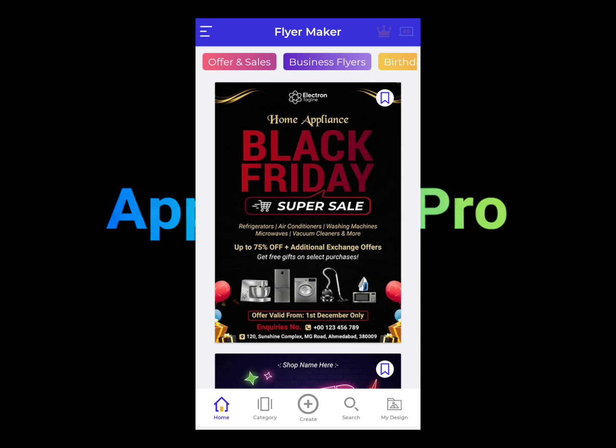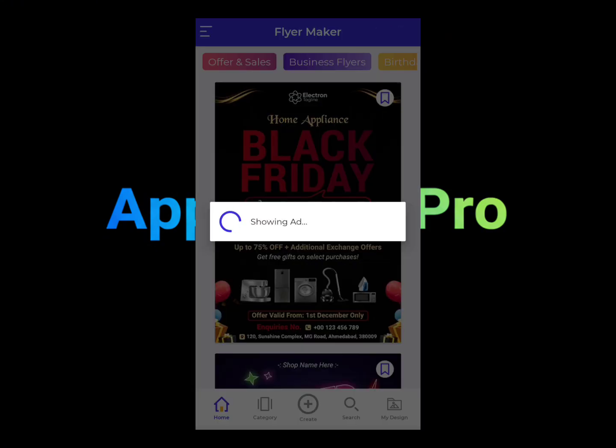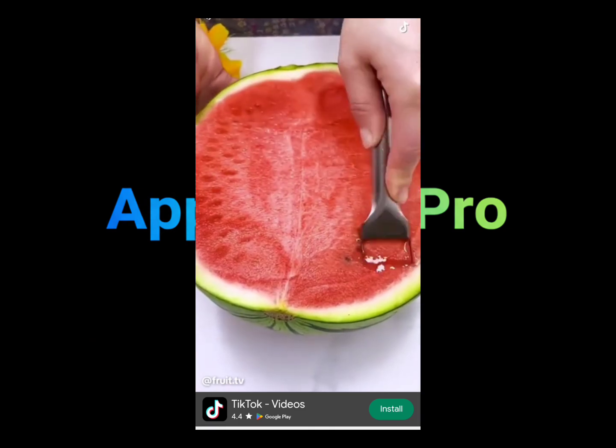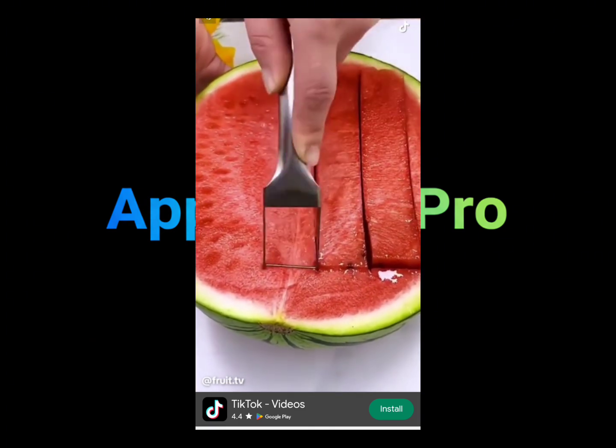So let's say you're ready to create your flyer. Look for what you want, you have found what you want. All you have to do is just tap on one of these. It will show you an ad. Just watch the ad and you're pretty much good to go. So it will take a while. So once the ad is finished,